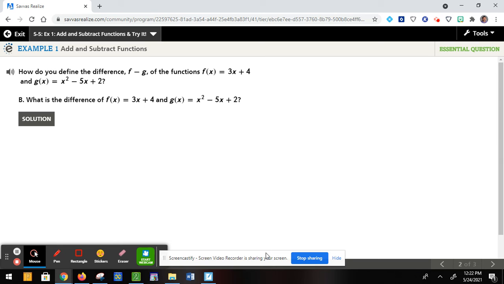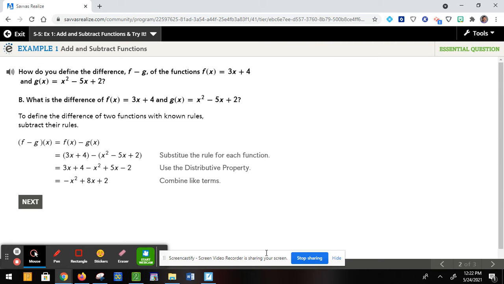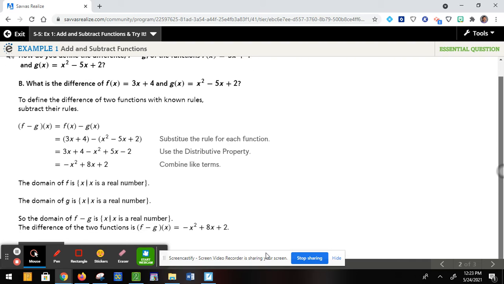Now we're going to be looking at f minus g. It looks like the f and the g are the same as what we just worked with. Really here, when you set it up, the subtraction, you just need to make sure that you're putting them in the right order, and you essentially distribute the negative sign to each term of the function that is being subtracted. When you do that, you end up with the negative x squared plus 8x plus 2. In this case, also, each function has a domain of all real numbers, and that means the f minus g